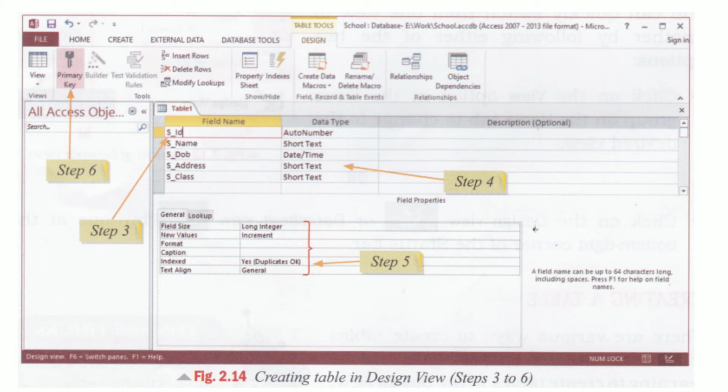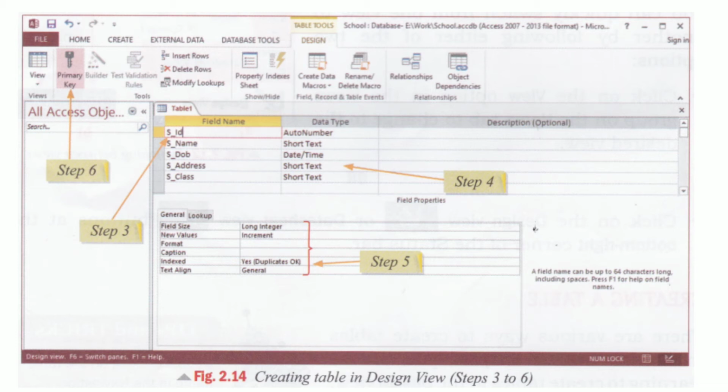For this, select that particular field and go to the primary key option in the tools group on the design tab, as you can see on the screen, that is indicated in step 6. As we click on this primary key option, the selected field will be set as a primary key. Means after creating a table, the column which has been set as a primary key will contain only unique values. There will be no repetition of the data in that particular field.